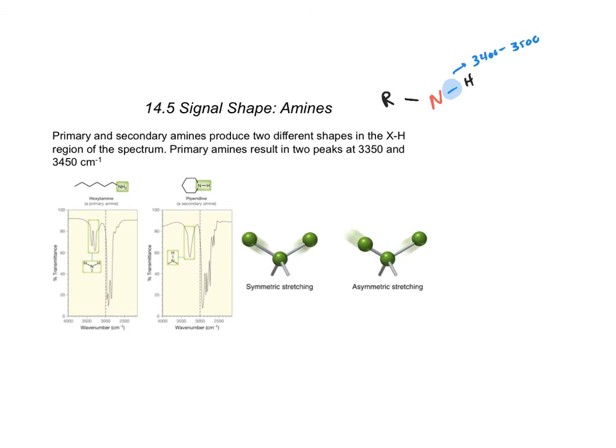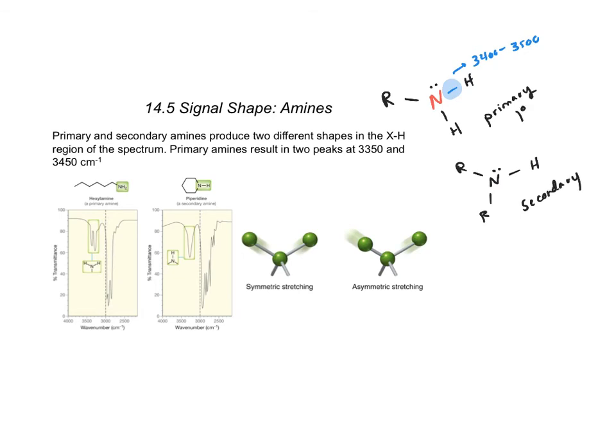One of them is called a primary amine. So we call this a primary amine. And the other is called a secondary amine. And in the secondary amine, we're going to have an R, an R, and an H. We'll go ahead and draw in our lone pairs. This is our secondary